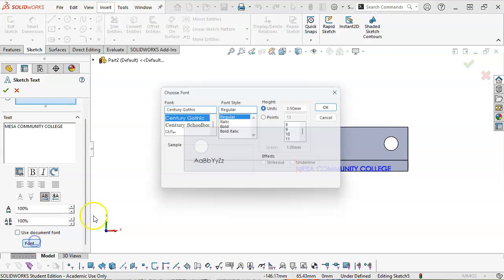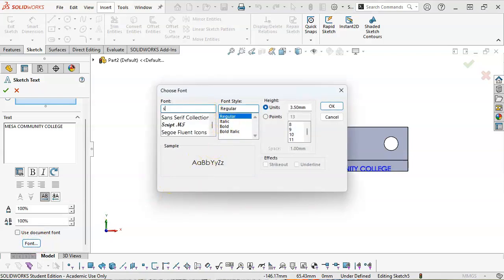All right, so my font then is, I need to go find the simplex. So if I type in the S, and we find the simplex, and the units are, let's start with 8 millimeters,